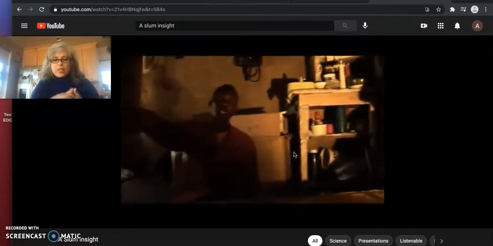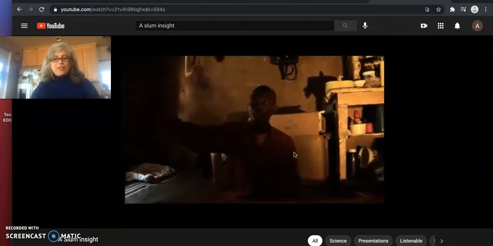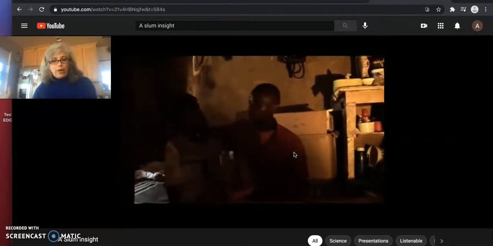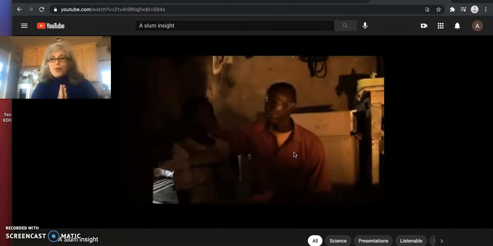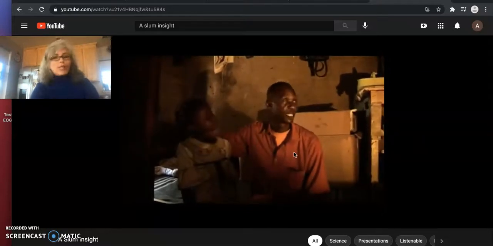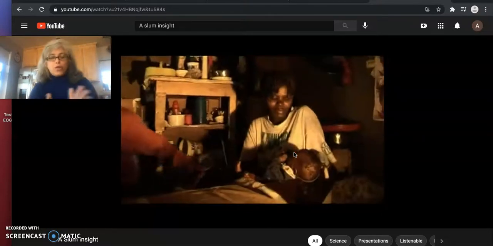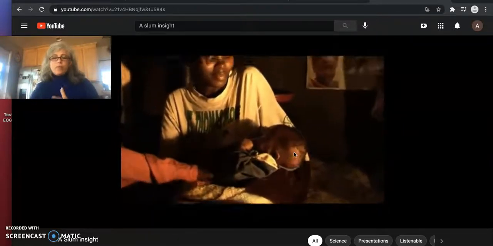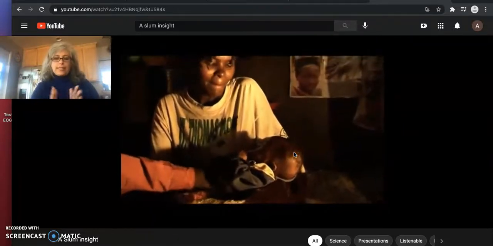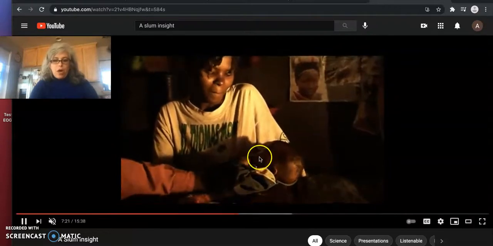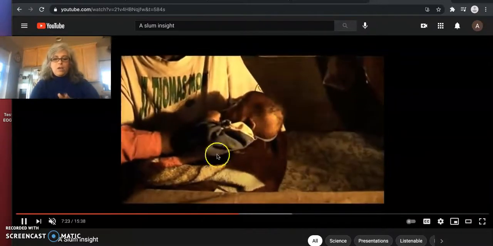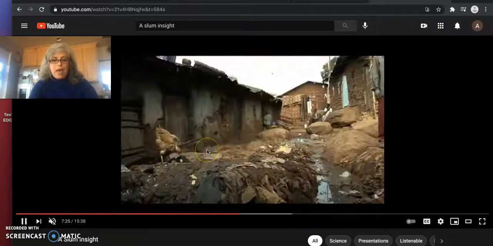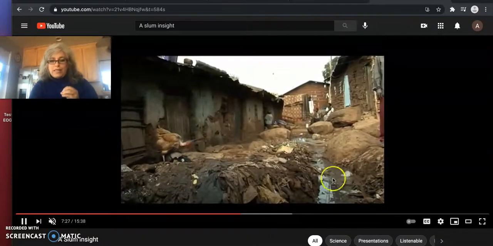So he's introducing us to his family. They had to flee from the rural areas into the city. The city wasn't ready for them, so there wasn't housing, there's not jobs, there's not infrastructure resources, there's absolute poverty conditions. They fled because of warfare to try to stay safe. And here they are, absolute poverty. He's talking to you about his baby being sick, and he's about to show you why his baby is sick.